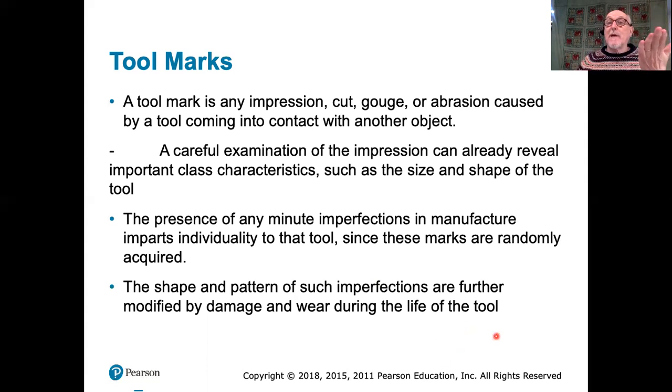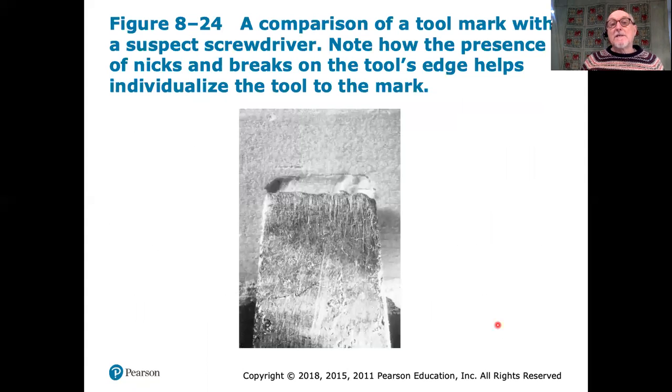And if we have a suspect mark, if we have a questioned mark which has been found at a crime scene and a suspect tool, we can compare the questioned mark with the suspect tool. So, for example, here's a chisel which has been used. And you can see, here's the edge of the chisel there, the metal. So first of all, in the manufacture of the tool, there is imperfection. There's different,